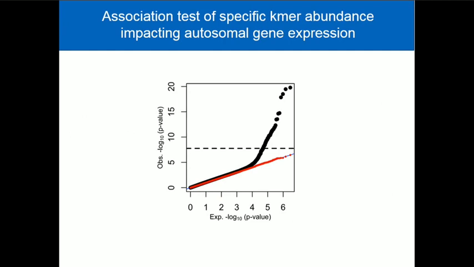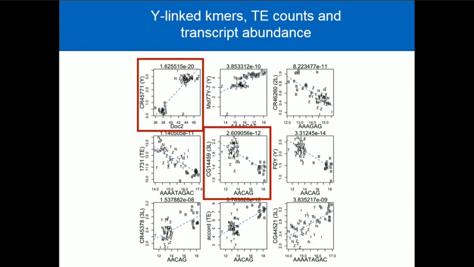Okay, when we try to do association between particular k-mers or transposable element abundances and specific genes, of course you get some things that come out significant. I will point out these QQ plots look beautiful along here. It took some effort to get these linear models right, but there you go. And it did require population cofactors. And again, many of them are because there are many of these elements that were highly population specific.